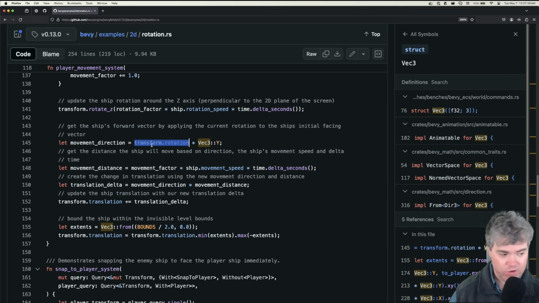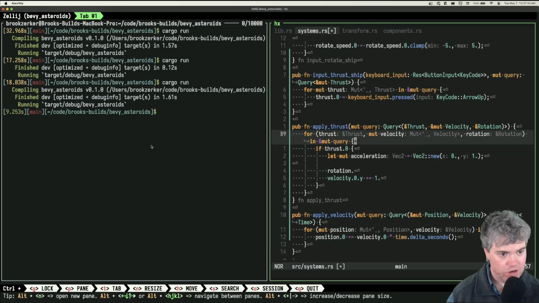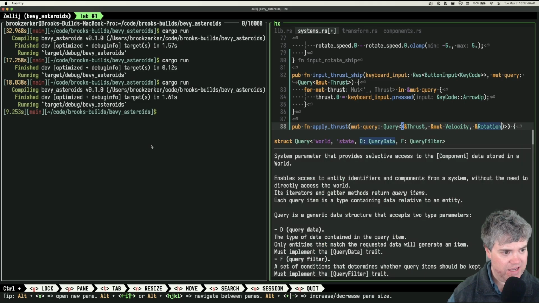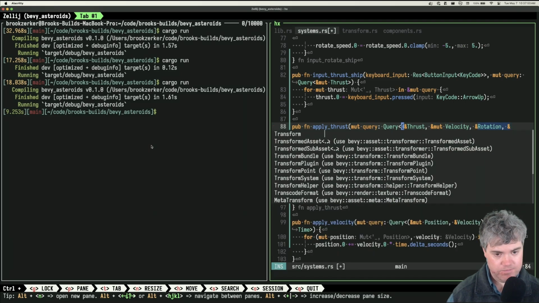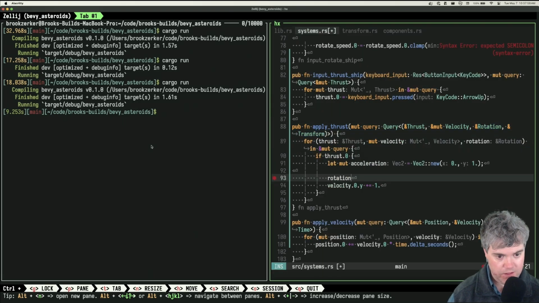Okay, so I need the transform. So things that have the thrust, velocity, rotation, and transform. Okay, so we'll do that current rotation. I guess it's direction, right?